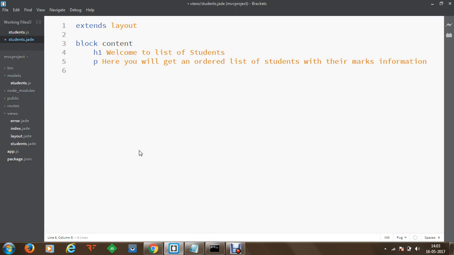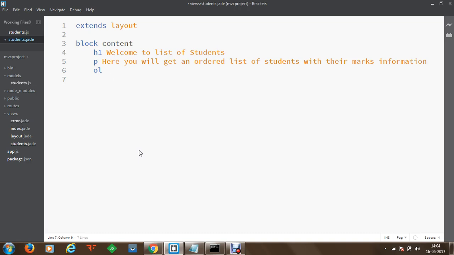Now next we have to display the information of the students, and in order to do this, I'm going to create an ordered list or an unordered list. I would like to create an ordered list, and the type will be default, that will be 1, 2, 3. So I'm not going to specify any type here. Now within this ordered list, I'm going to get information from the students data.